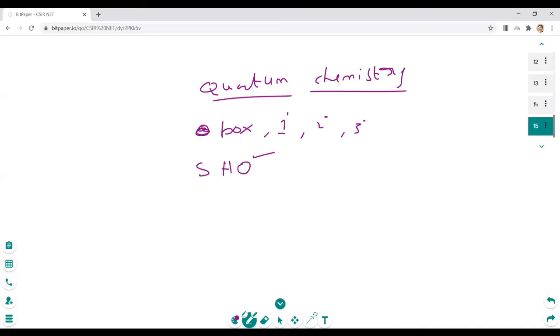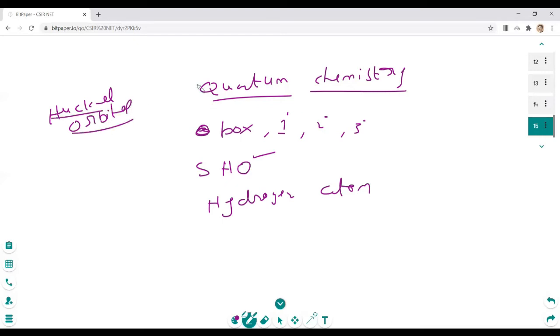There can be a question, and the most favorite of it, the hydrogen atom. But there is one easy concept apart from this, which is Huckel orbital. Without learning all these many things, you can use logic and learn Huckel orbital, and there will generally be one 4-mark question from Huckel orbital at least once in a year. Among the 2 NET exams in a year, one time Huckel orbital can come for sure.